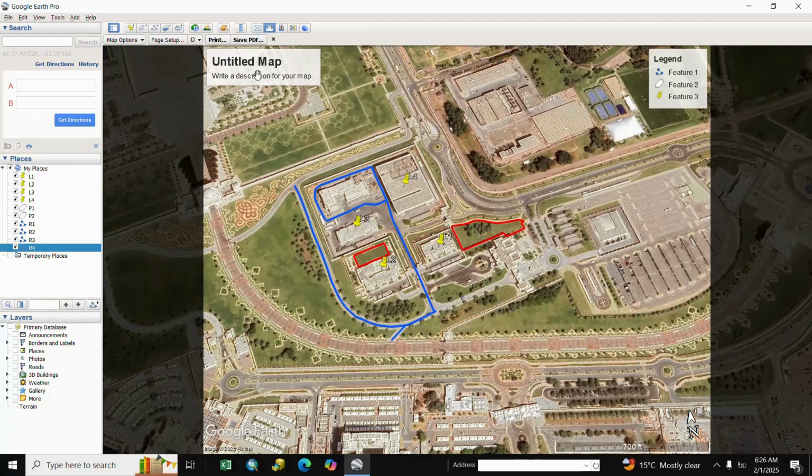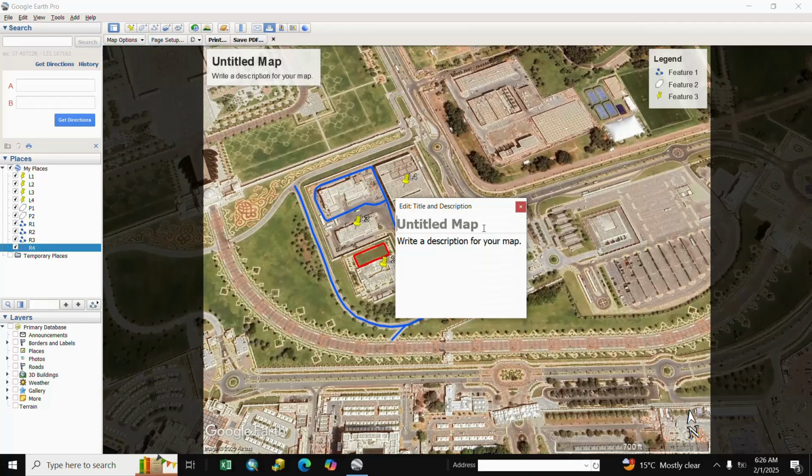After that, if you want to write here, you click here and you write base map, and you also want a description. So you also write in the description Google Earth base map and close.